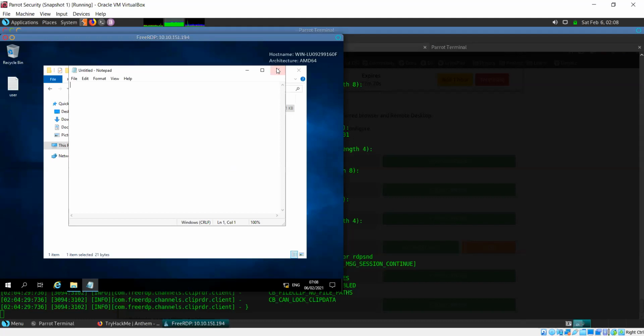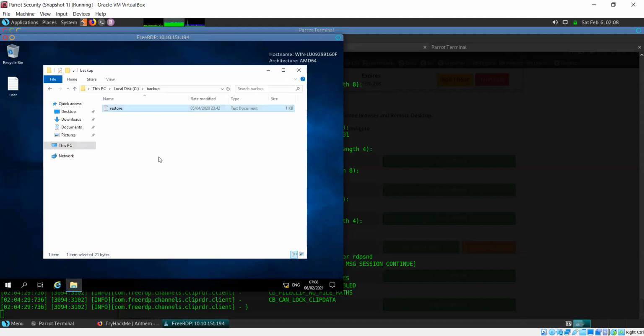Okay, what now? See, it's saying that you do not have permissions to open this file. Okay, I can go to properties and check the permissions and see who has permissions and who doesn't.